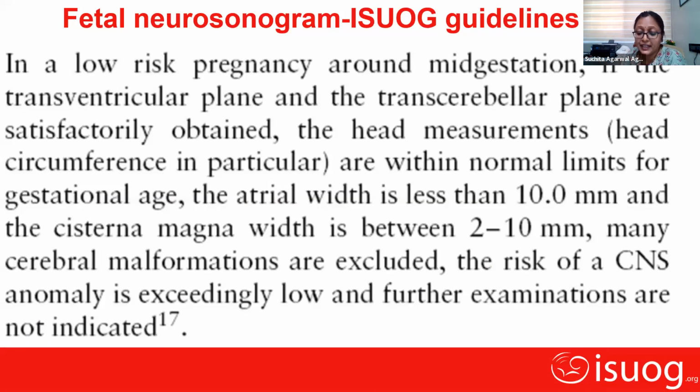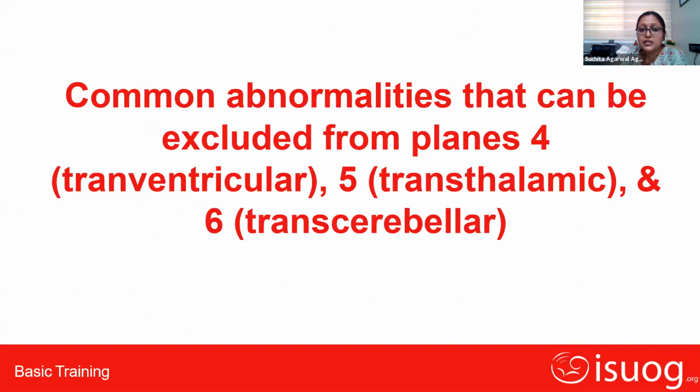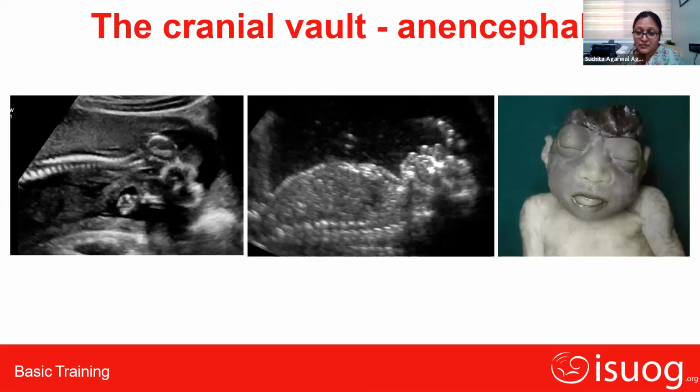So the rule of 10, we can easily remember by the rule of 10. So what are the common abnormalities that can be excluded from these three planes? The easiest abnormality, an always detectable anomaly, is anencephaly, which is detected at the first trimester. In this figure, it is easily diagnosed, but at times it so happens that